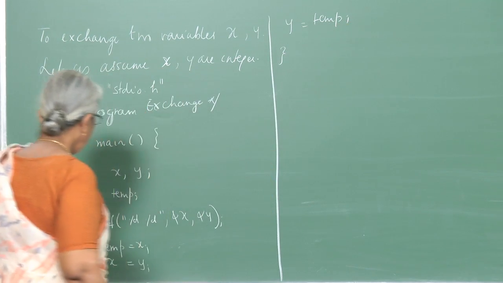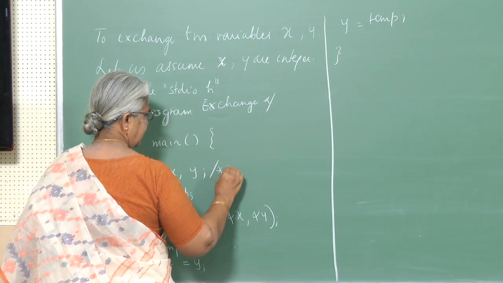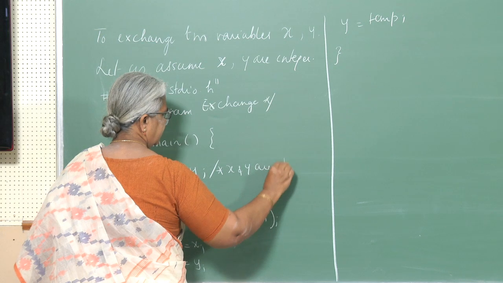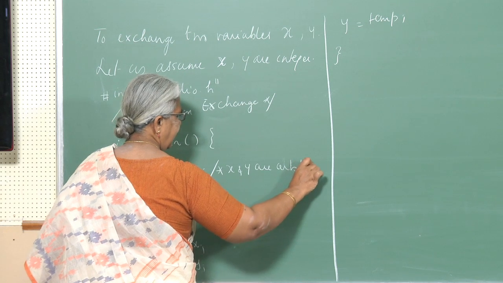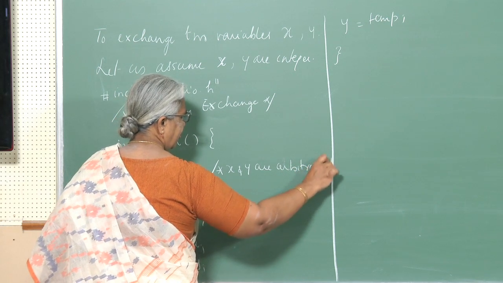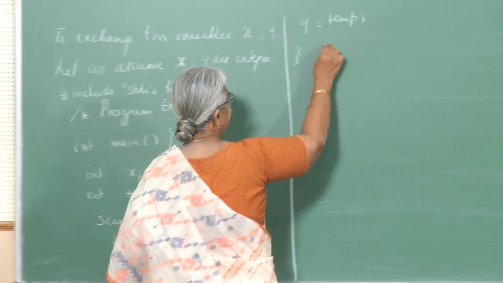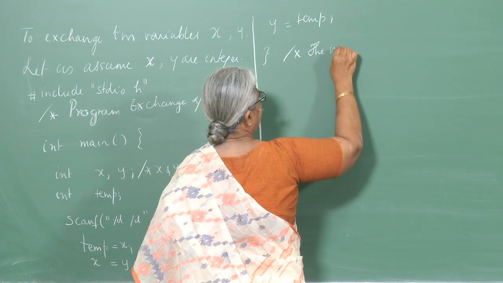So, now what do I need? I need to know the precondition on this. x and y are arbitrary, that means they can take any values, and as the postcondition, the values of x and y